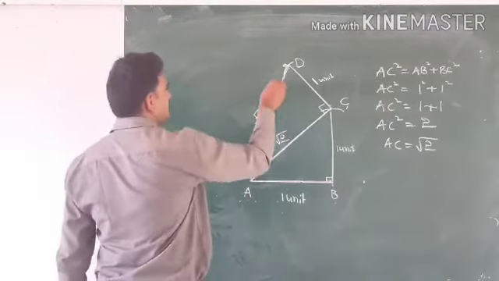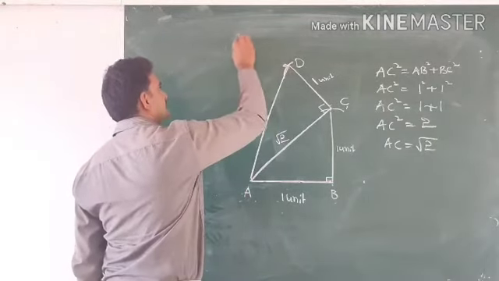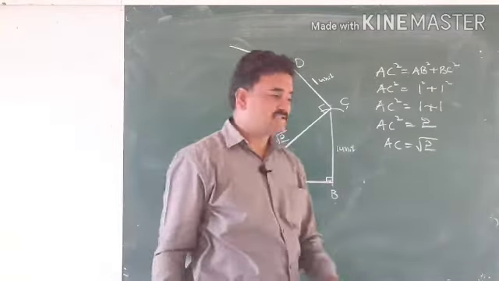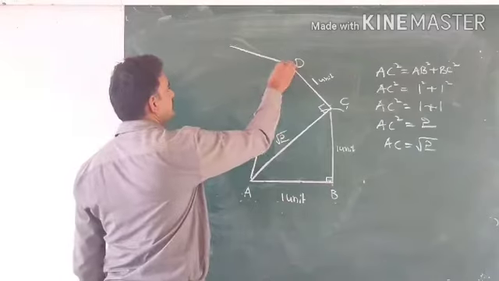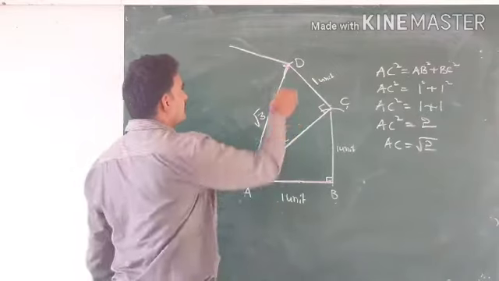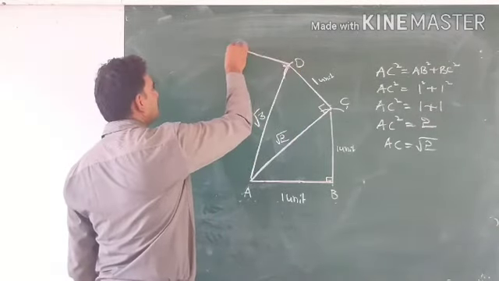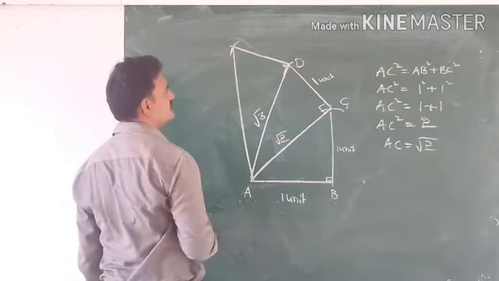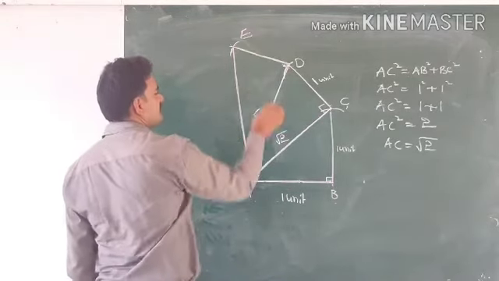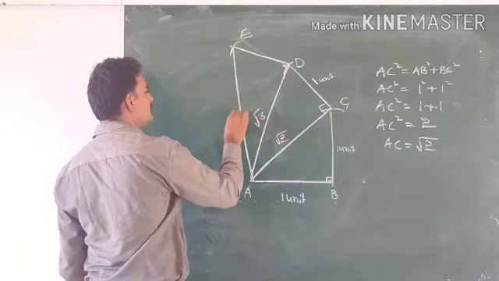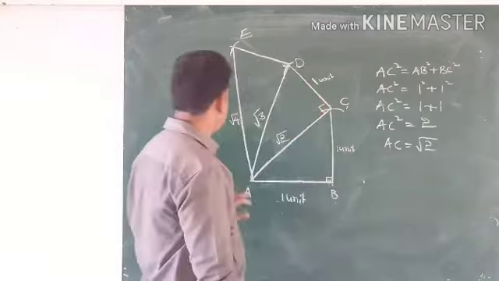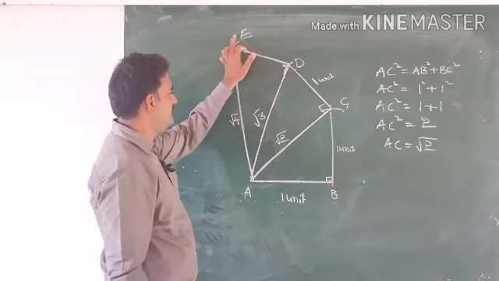Now this is the base and this is the height. How much? 1 unit, that is 3 centimeters. You draw a perpendicular to this base using a protractor, keep the needle here, cut 3 centimeters and join to A. A, B, C, D, this is E. Root 2, root 3, root 4 it is. By applying Pythagoras theorem in triangle ADE, you will get root 4.